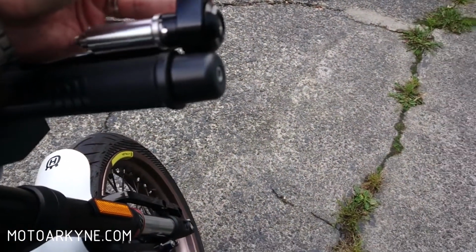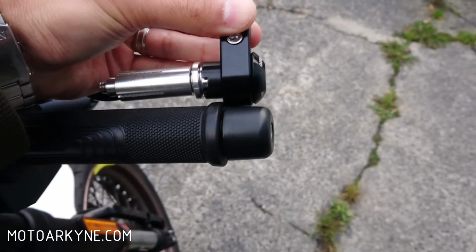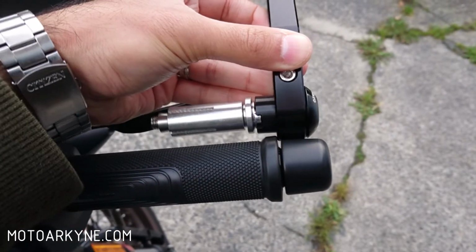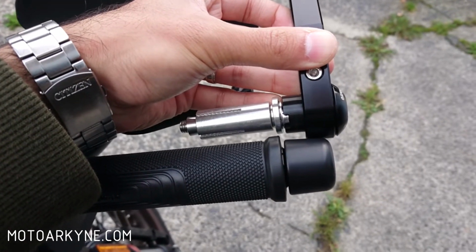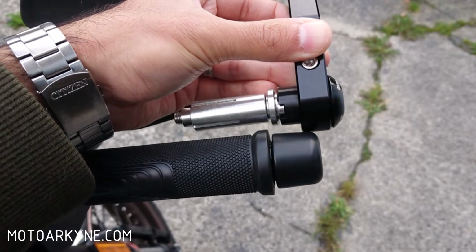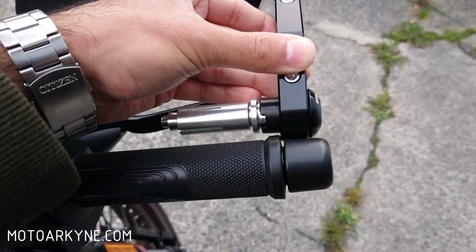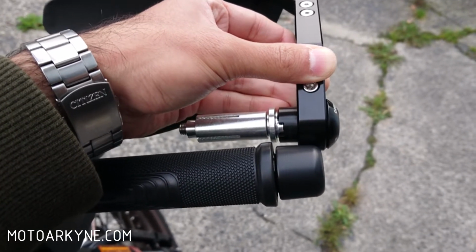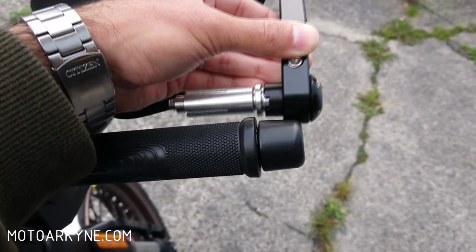So it looks like I took out the spacer. It looks like I probably won't need the spacer unless this particular flange here doesn't go in. I may need the spacer, I don't know, we'll see what I need. Another thing about the spacer is that I think it's compatible with the barn mirrors that